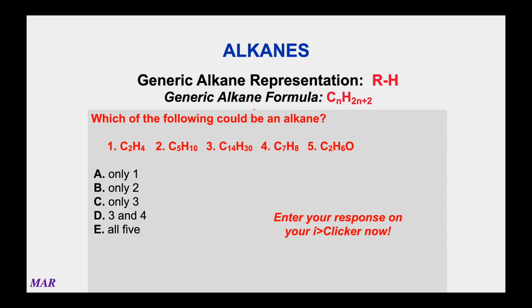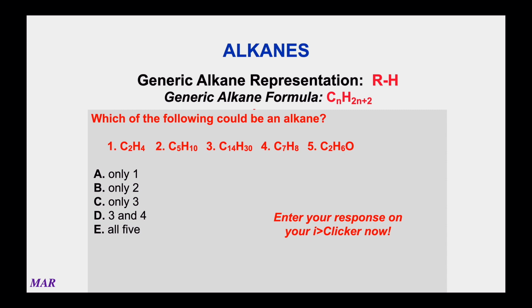Well, the way to answer this is to go back to the generic alkane formula. If you have an alkane, then for every n carbons, you're going to have 2n plus 2 hydrogens. So if you look at number 1 right there, n would be 2. 2 times 2 plus 2, 6 is certainly not 4, so number 1 is not an alkane. Notice that number 1 and number 2 have a CnH2n relationship. So for every n carbons, you have 2n hydrogens, so neither one of those would be right.